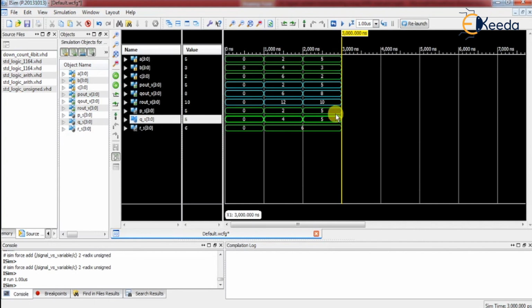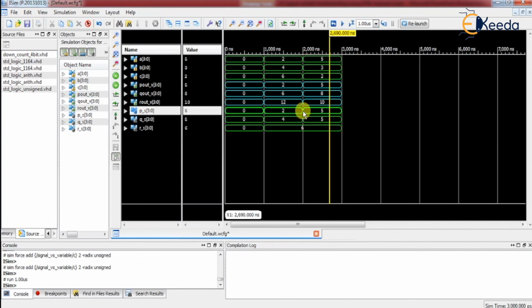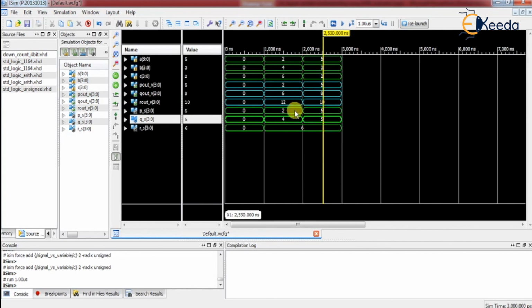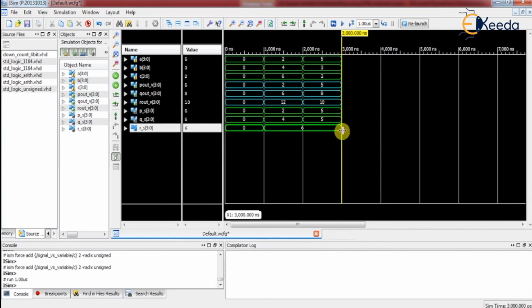But no, this assignment of p signal, this 5, will update at the end of the process. So it will take the previous value of p signal plus present value of b: 2 plus 3 is 5. Similarly in c, previous value of q signal plus present value of c, so 4 plus 2 it remains 6.